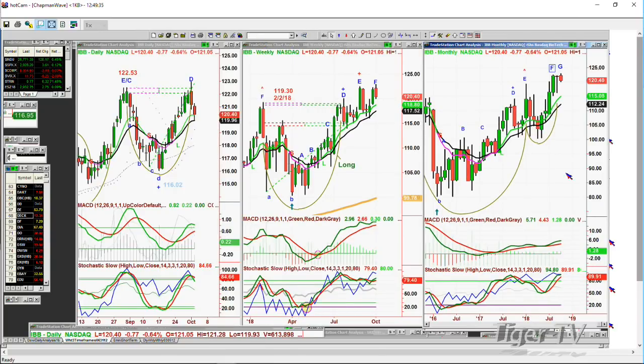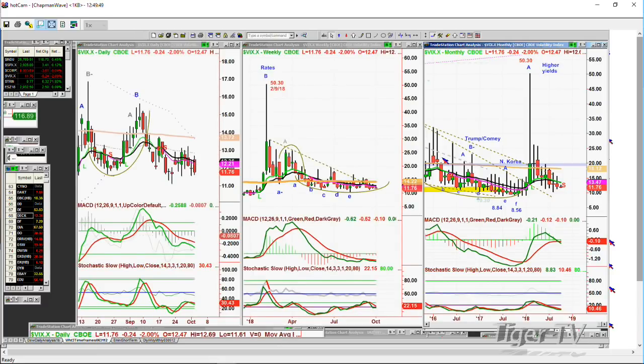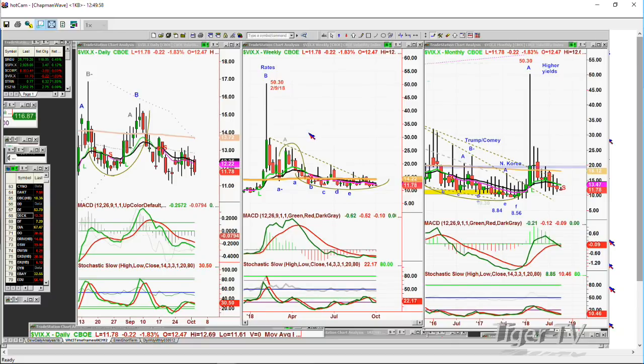Okay, so wow, we just got a bunch done. I'm looking around. So here's what I'm really looking at. Okay, the VIX index. Finally, I want to get back to the VIX index. The VIX index is down at 11.76. Look at the number of weeks. It's going from May, the week of May the 11th. There has been only 1 week where the price is closed above the 200-period moving average,